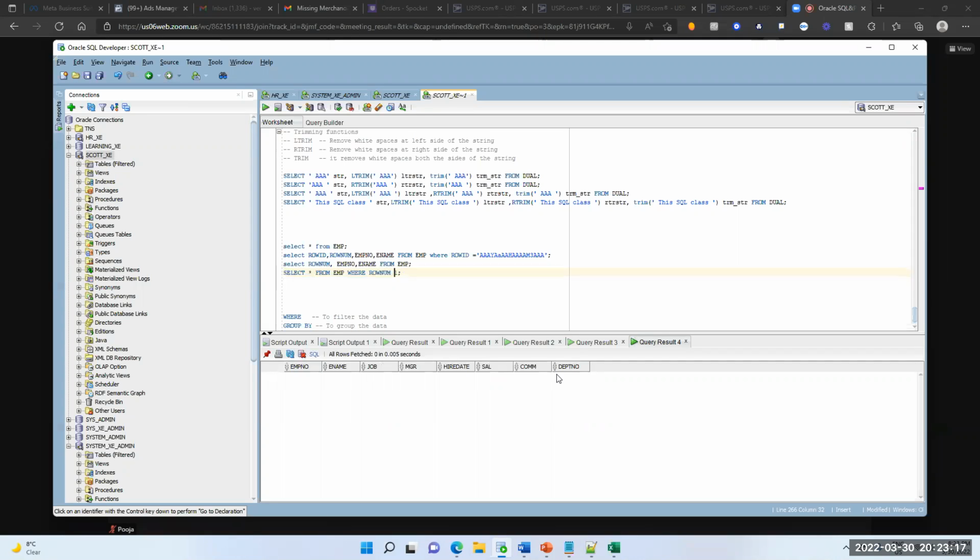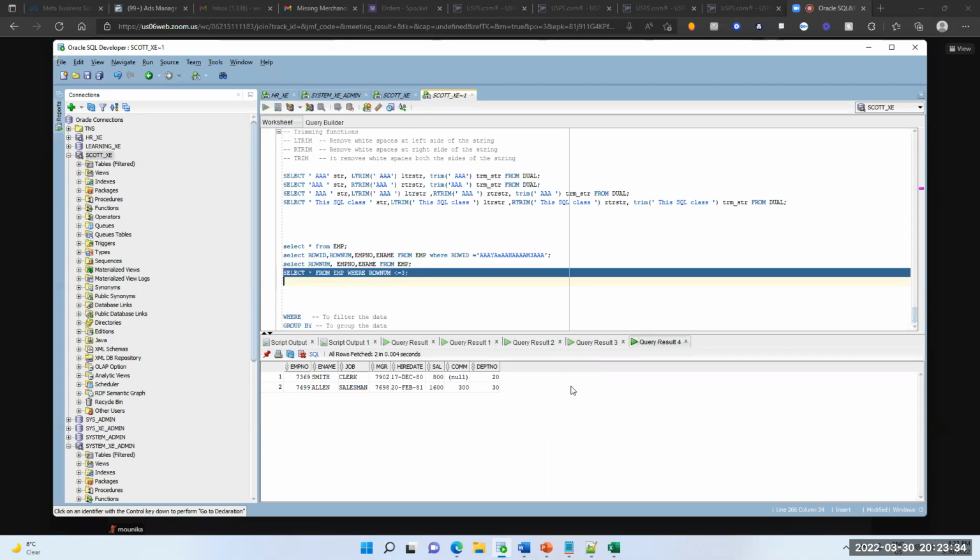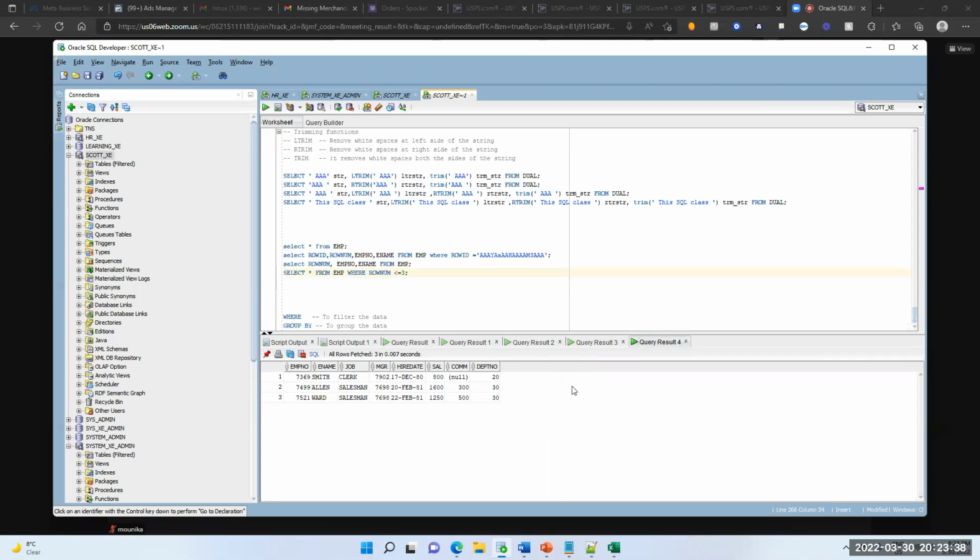Less than 2 works, one record. 3 will work, but greater than will not work always. Remember this. Less than or equal to will work, less than will work, but greater than will not work on ROWNUM. Clear?